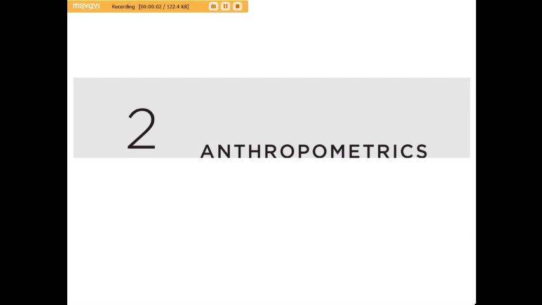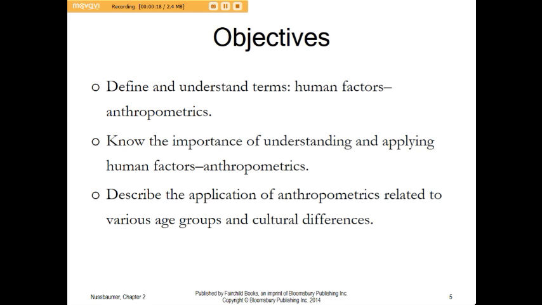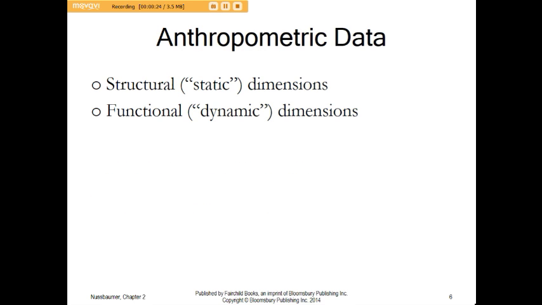Welcome to this topic on human factors, anthropometrics. You can read that, but it's about learning about anthropometrics. There are two kinds of dimensions that we use. One is structural and one is functional. And the static one is when we're standing still, and the dynamic one is when we're moving or in a